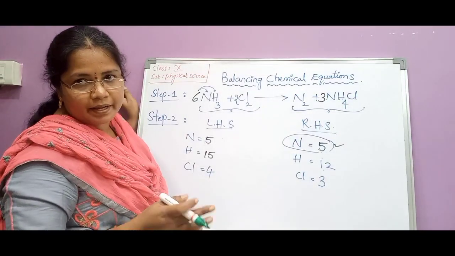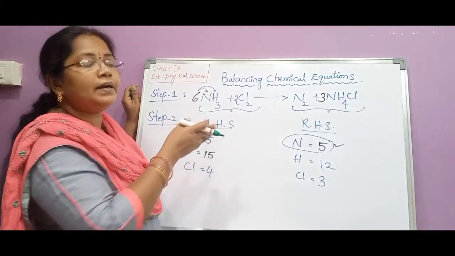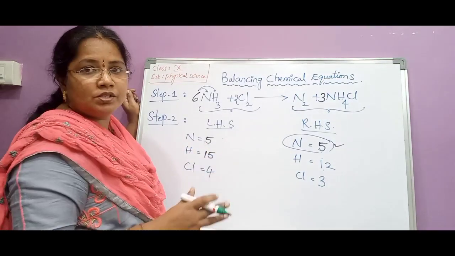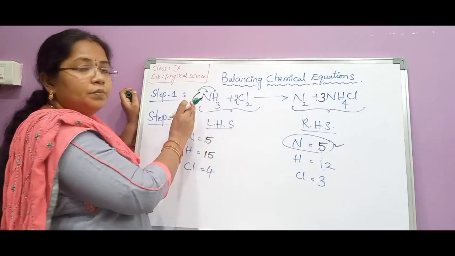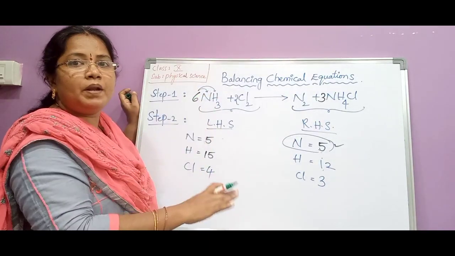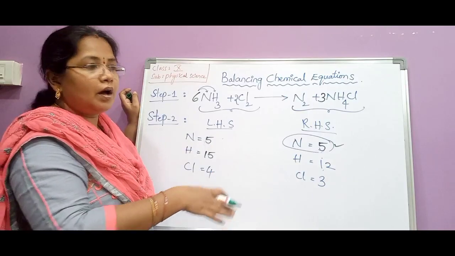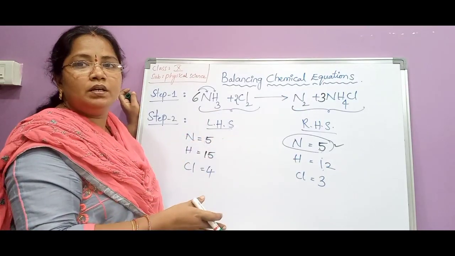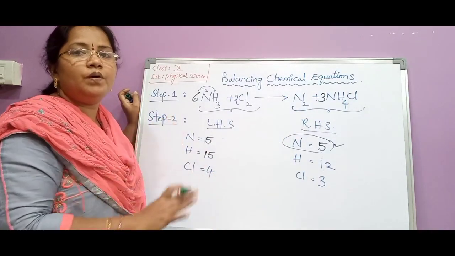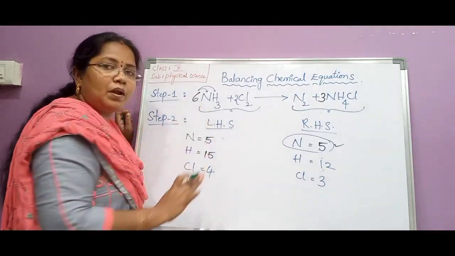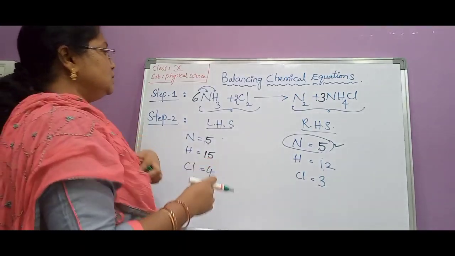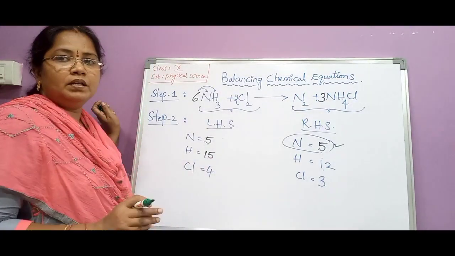So this is all like a hit and trial method. We can write any suitable coefficient until and unless we get the completely balanced equation. So here you have a choice to write any suitable coefficient, but that should be written only before the formula, before the LHS and after formula. You should not break the formula. You should not write anywhere in the middle of the formula, or you cannot write any new subscript. Already written subscripts will be like that only. You have a choice to write only coefficient, that too beside the left hand side of the formula of any compound. Okay, children. So keep that in mind while doing balancing of chemical equations.